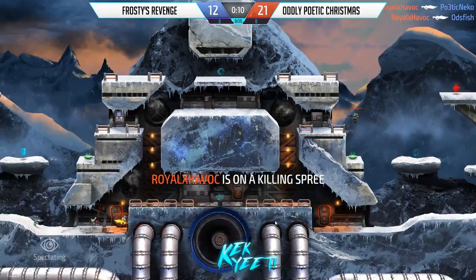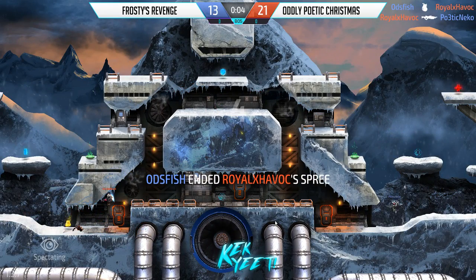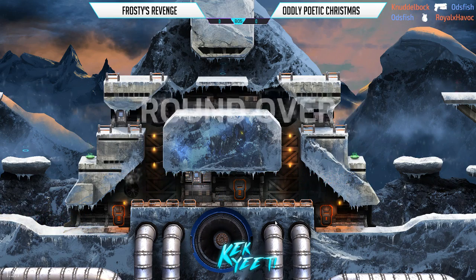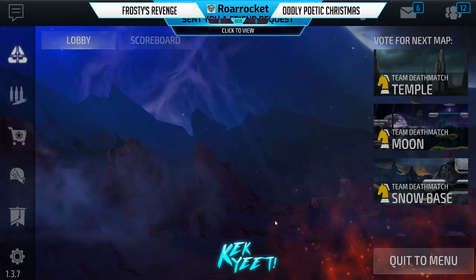They pick up the double damage. Boom! He's on a killing spree. Gets the killer blow onto Poetic Nico. This is even more of a lead. 3 seconds to go, 2 seconds to go, 1 second to go. The round is over, and it goes over to Frosty's Revenge in this first game in the best of 3,